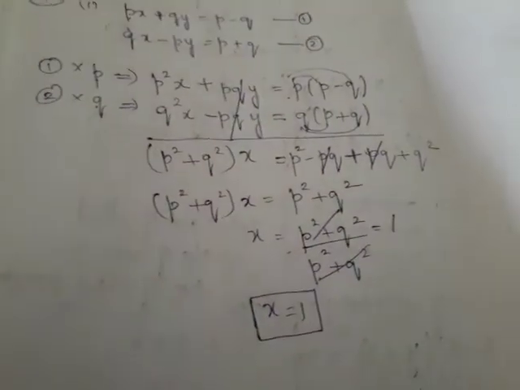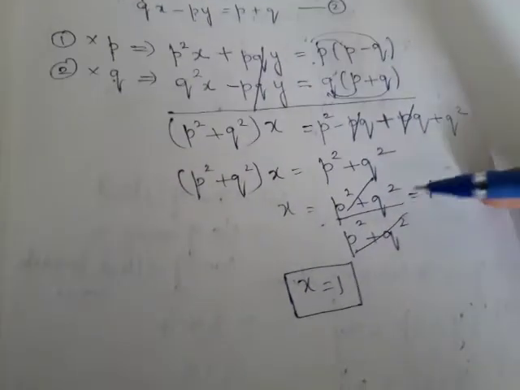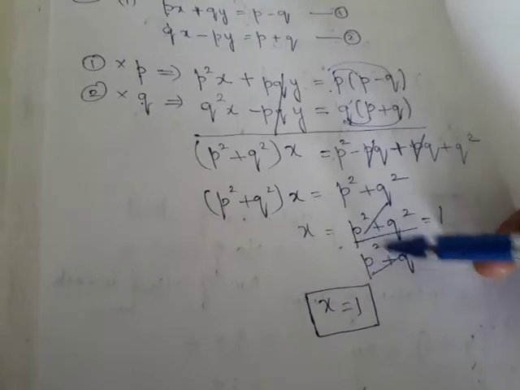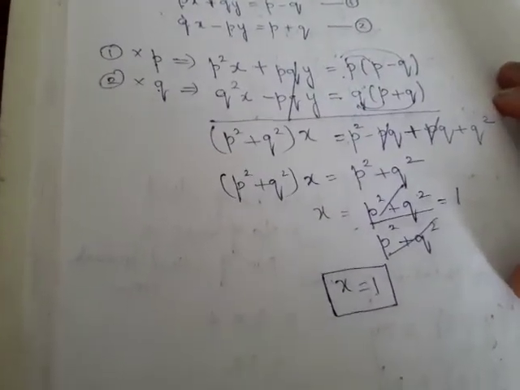See, the problem looked vague, but when we solved, we got a wonderful answer as x equals 1. So how am I cancelling here? P square plus q square, p square plus q square, not like p square, q square, q square. No, you should not cancel in that way. Even now students are making mistakes of that kind even in higher classes.